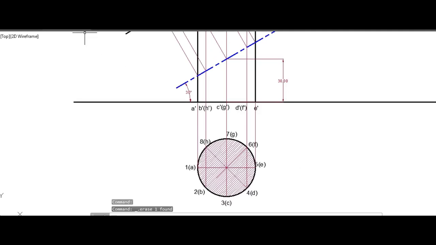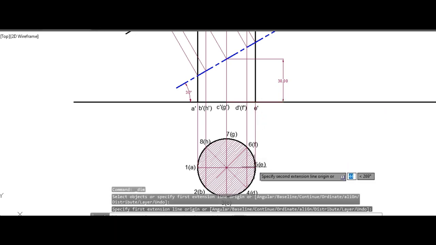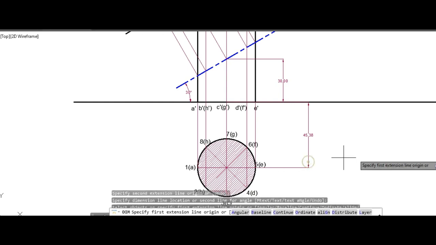The last distance, from XY to 5, is 45.38.